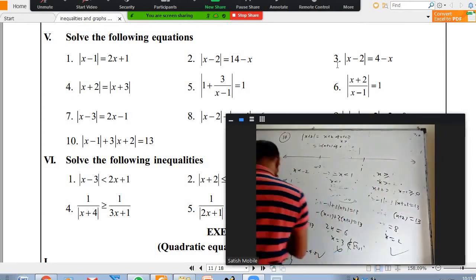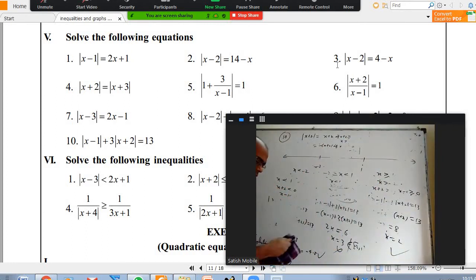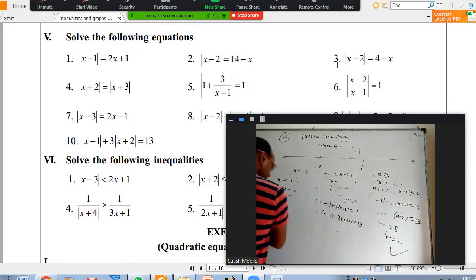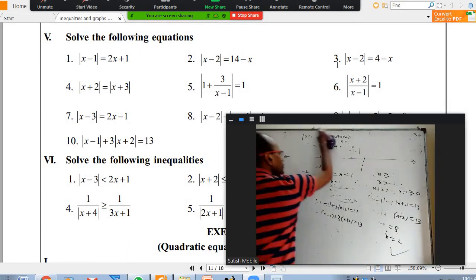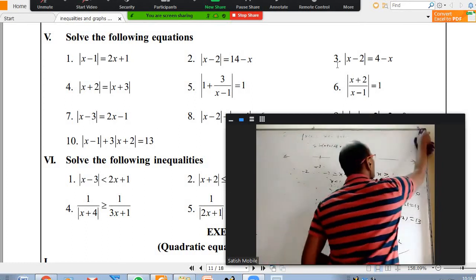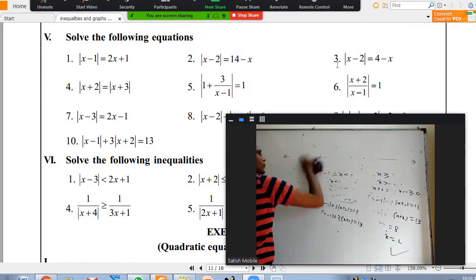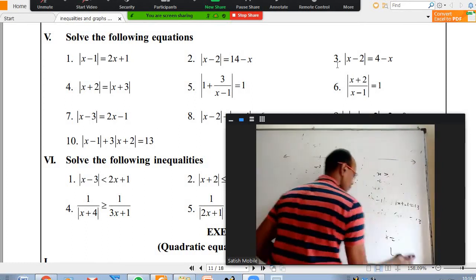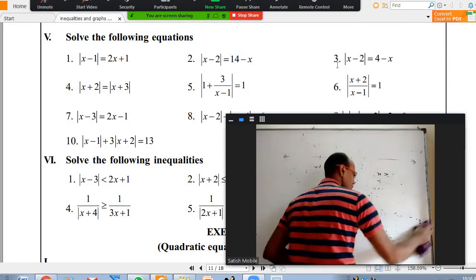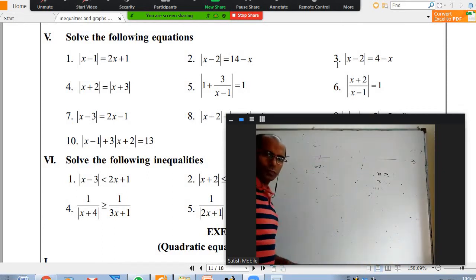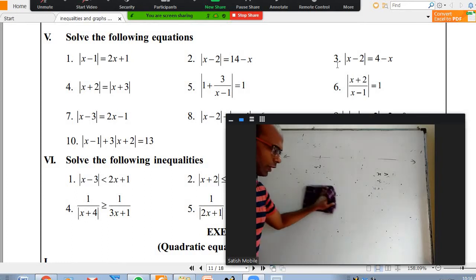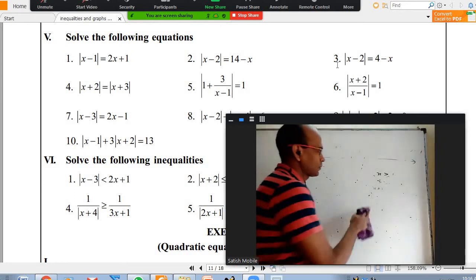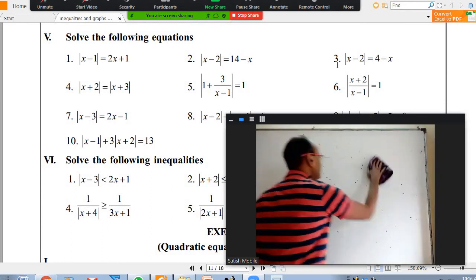Sir, will you tell us how to do the eighth one also? No, you try the eighth one, because we've already done 2 questions. Now I'm going to discuss a few graphs and then go to section 6. Sir, why have we not got any interval in this question? That's what I'm going to tell about graphs, for that reason only.